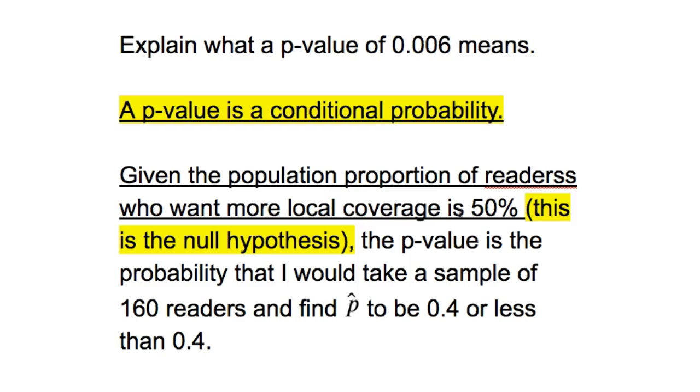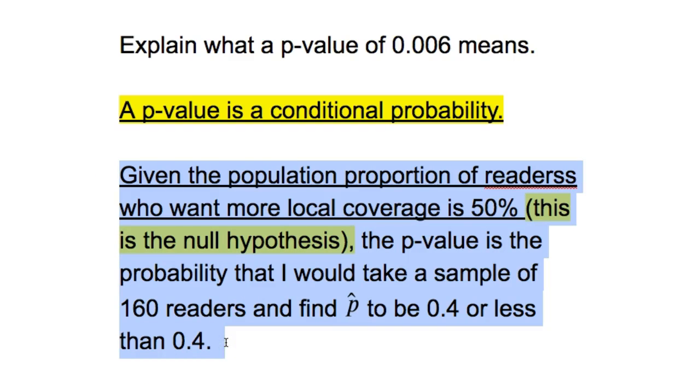Well, a p-value is a conditional probability. Remember, when we do a hypothesis test, we kind of put our faith and trust in our population, or what we believe to be true about the population, and we ask ourselves, could the sample we collected have occurred just by chance? So to explain what a p-value is, we create a statement like this.